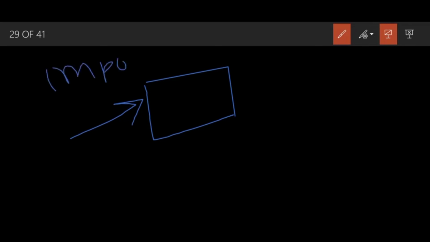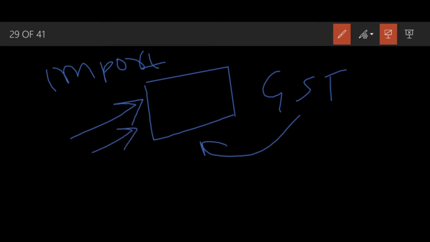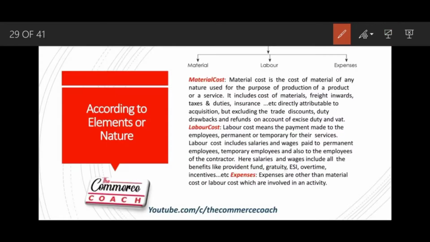So basically, if you purchase raw material to make such a box, you might import it as well. On importation you will be charged a tax named customs duties. You can also apply for duty drawback. You will be learning the concept of duty drawback in customs only, and VAT and excise are alive now also in certain cases, like for example GST as well. You can also claim a GST refund on such materials used to make this box, and this will be excluded from material cost, and all discounts will be excluded from material cost. It is very important, please listen carefully.